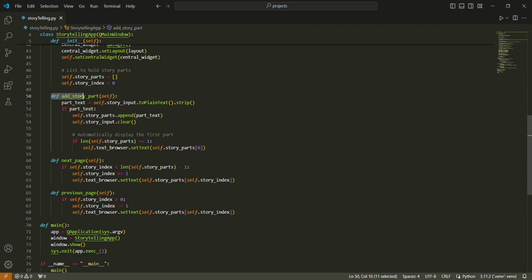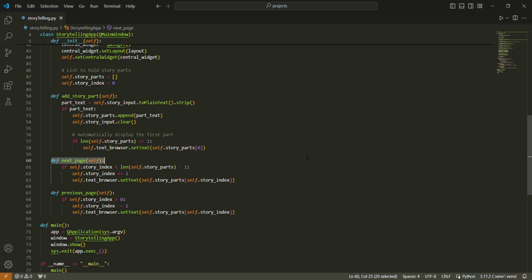This first method here, add story part, is a function to add a new part to the story. The second method that we define here is a method to define the next part of the story.